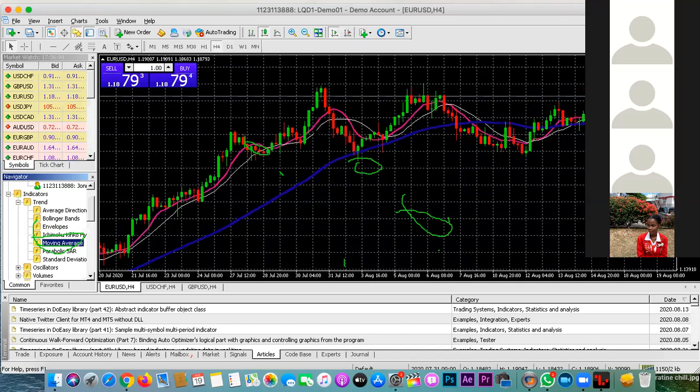13, and 50. The reason for the 50 is the higher time frame, the 8 is a lower time frame, and the 13 is in between. So when the market is going on a downtrend, you realize it's the lower time frame, let's go to a red. White is more, going red is more. So if you realize that it passed, zoom this up right here,